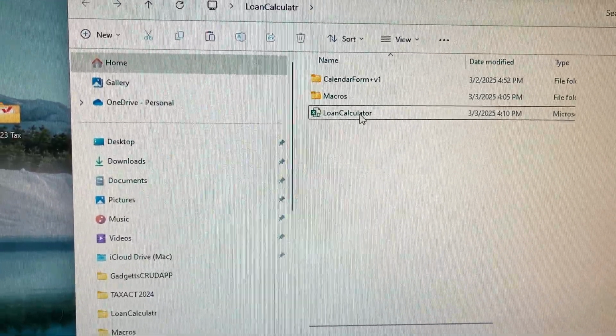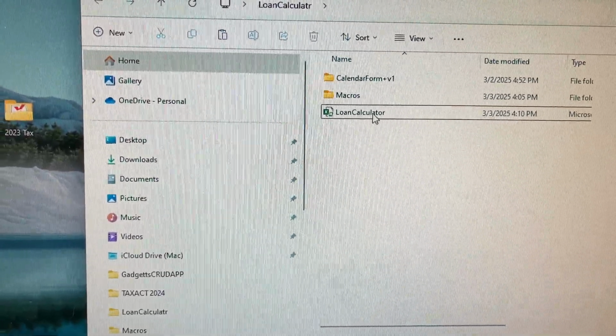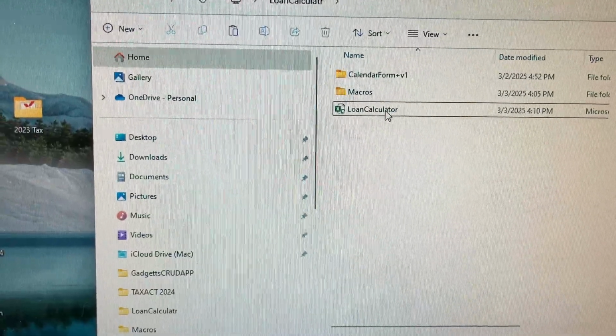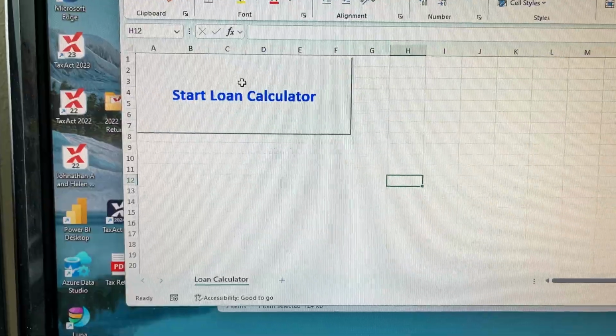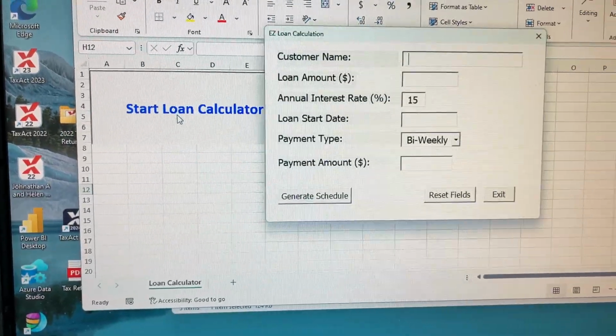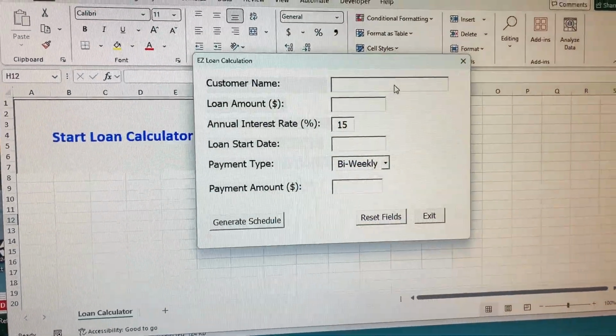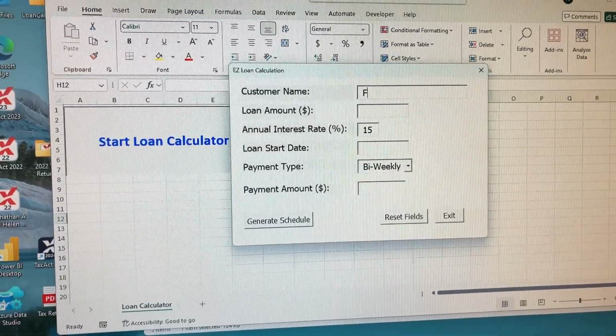I made this worksheet. It works just like the other worksheet or the program that you had. So you go to that spreadsheet, then you click on Start Loan Calculator, and you get a box. So then we can type in,